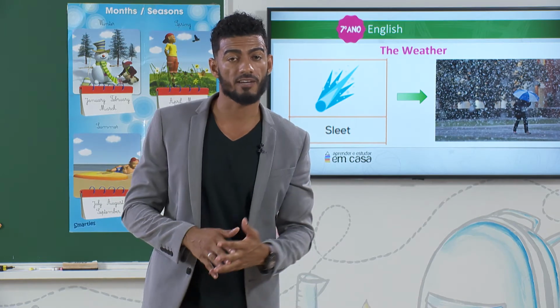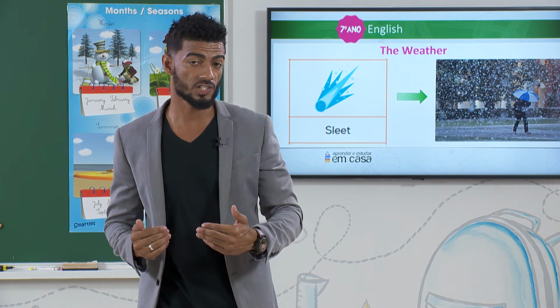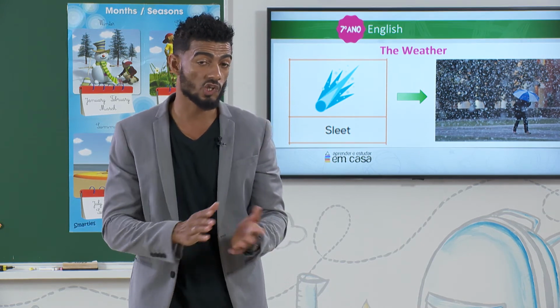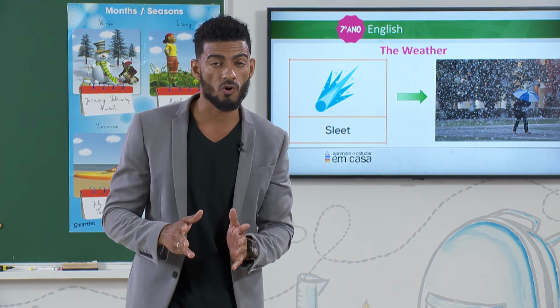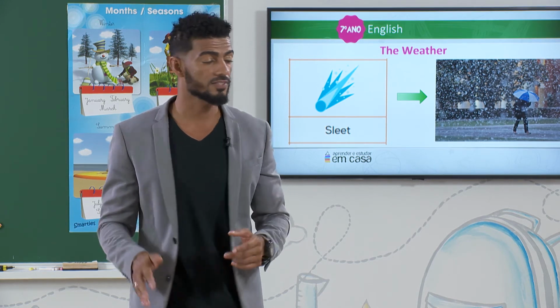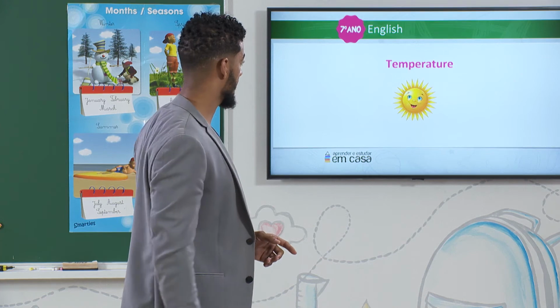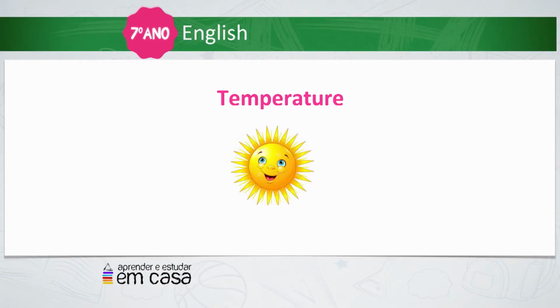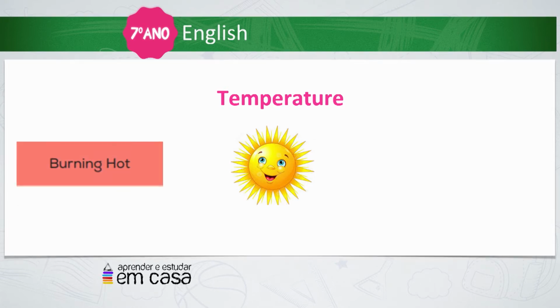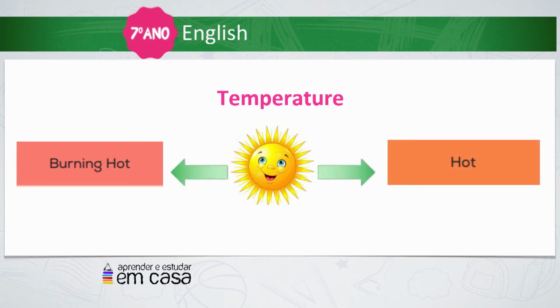So since we have some weather in English, there are also some temperatures according to each weather that you have. So let's go and see some temperatures that we have. The first one here, when the weather is sunny, the temperature is burning hot or hot. As you can see, the weather is sunny. So next one,